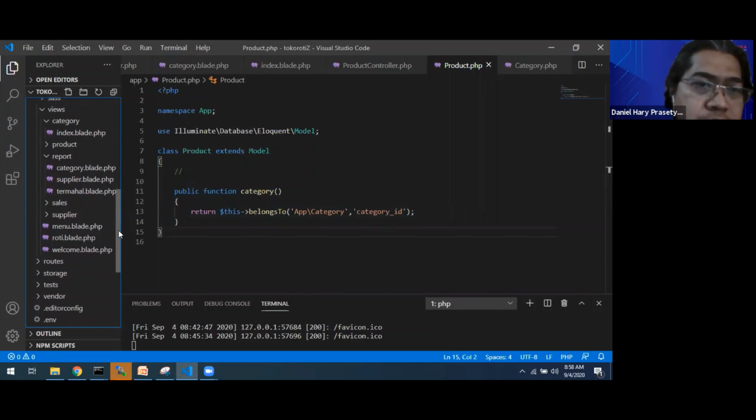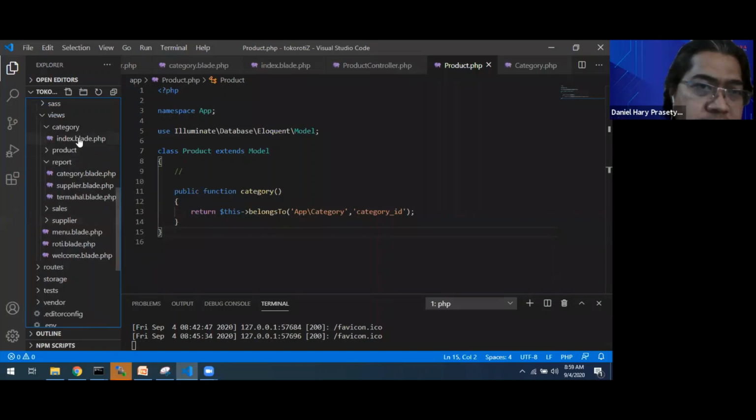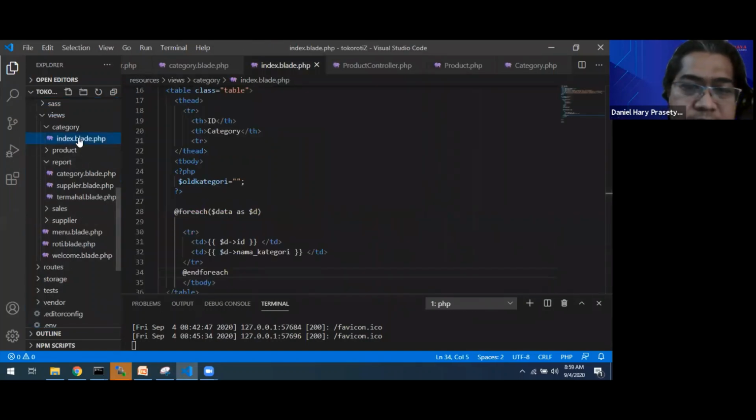We use the model in our master category. This one uses category model, right? We can see it in category controller.